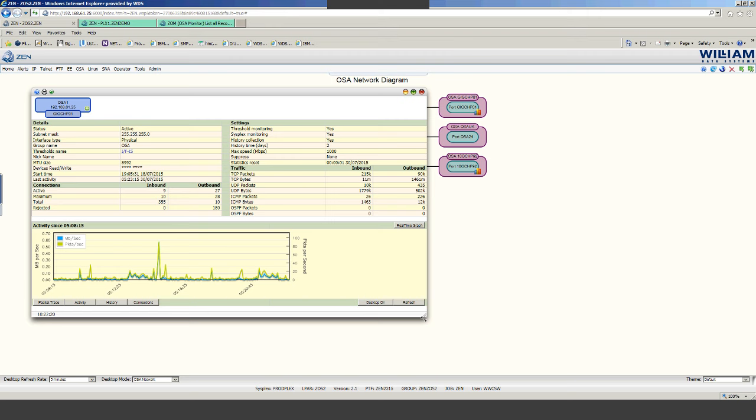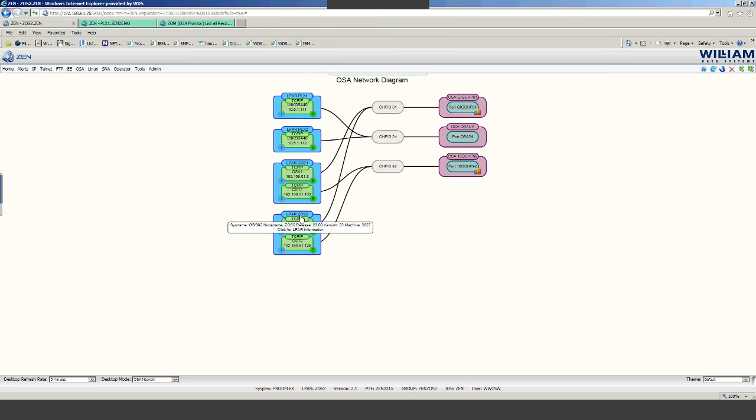So this information is purely looking at the packets and the throughput that relate to that particular IP stack. And this information is coming from the ZEN IP Monitor. But if we actually start looking at the OSA itself, then what we see is that